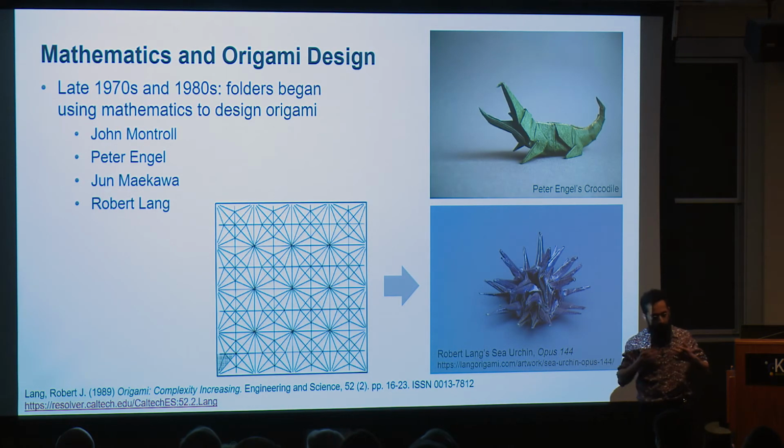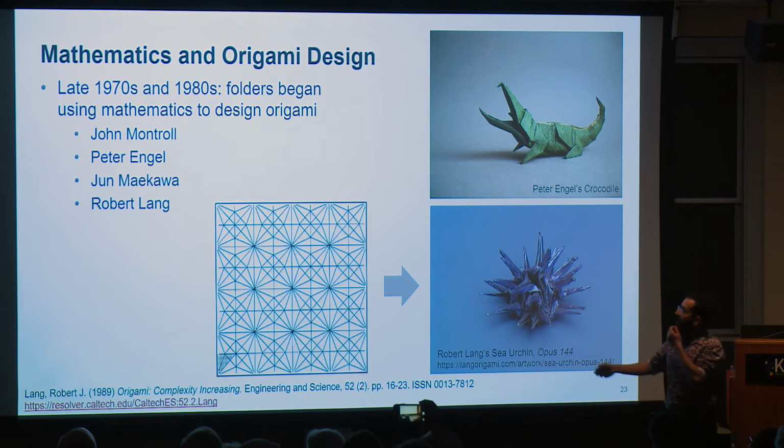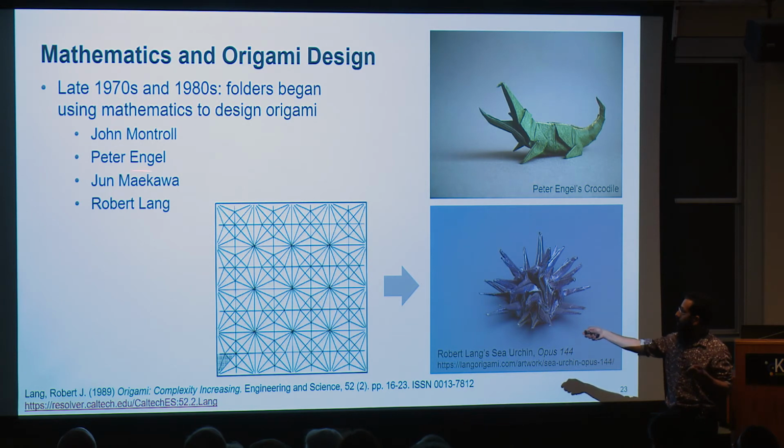Around this time, these people, Ronald Resch, David Huffman, Miura, were coming up with ways of using origami to create engineering structures. But at the same time, there were engineers and mathematicians who were using mathematics to come up with new origami patterns. So in the 70s and 80s, a number of mathematicians, 4 of whom I've listed over here. John Montroll was a mathematician and educator. Peter Engel was an architect. And Jun Maekawa was a nuclear physicist, or is a nuclear physicist, now origami folder. And Robert Lang started off doing laser physics here at Caltech. They started using mathematics to design new ways of folding origami structures that were much more complex